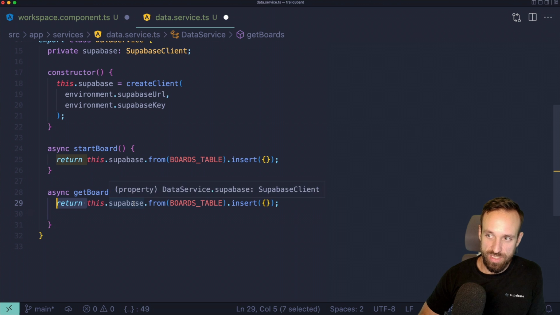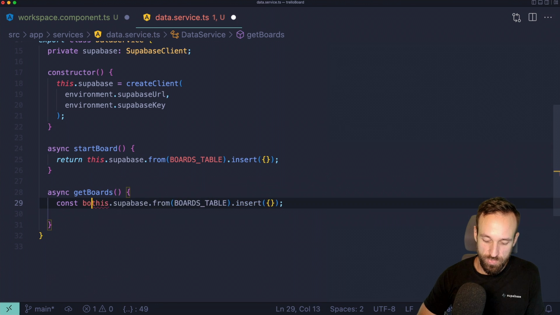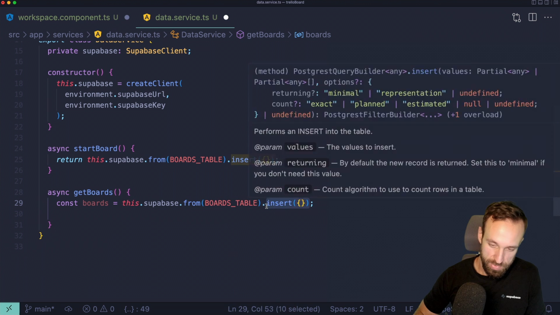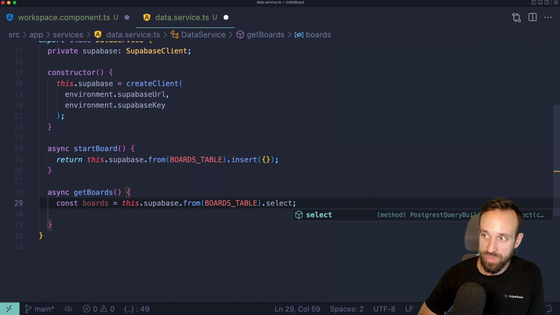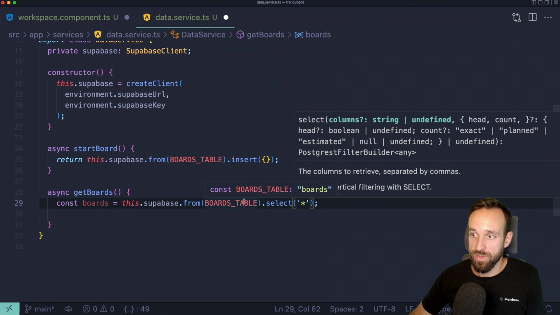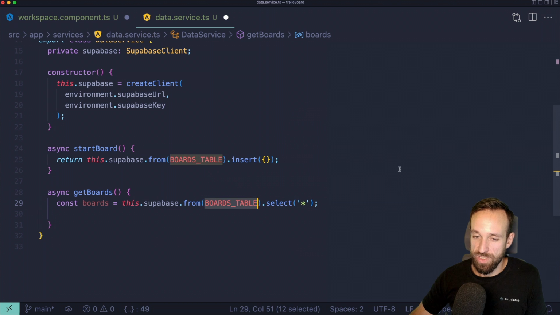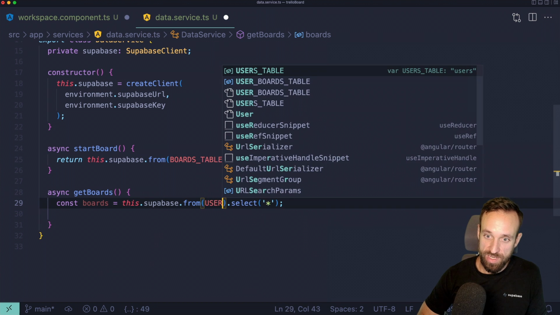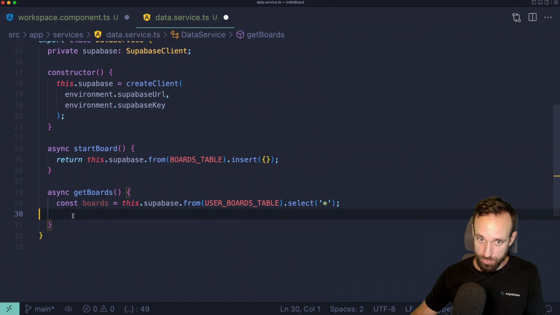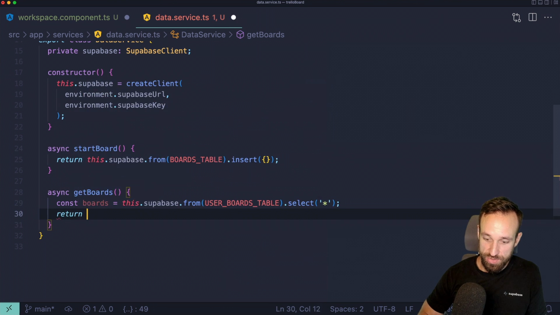For simplicity, let's add the boards to a variable first. So from our table, we don't want to insert, but we want to select the data, and we can get started by selecting everything. But actually, I don't want to use it from the boards table. I want to have it from the user boards table, because that's really the table with our information. And then we're going to return either